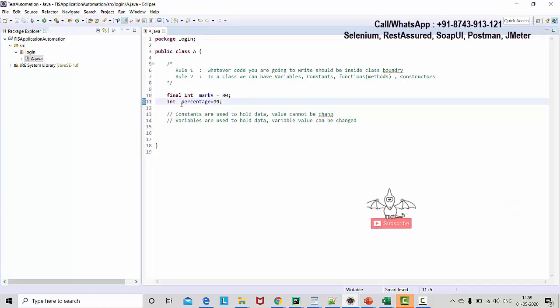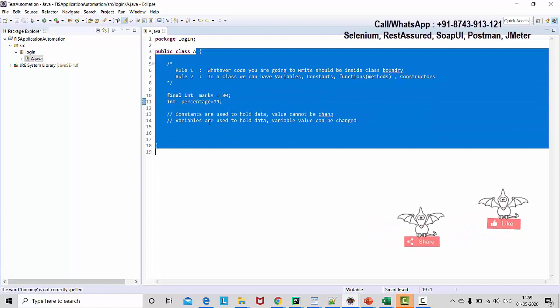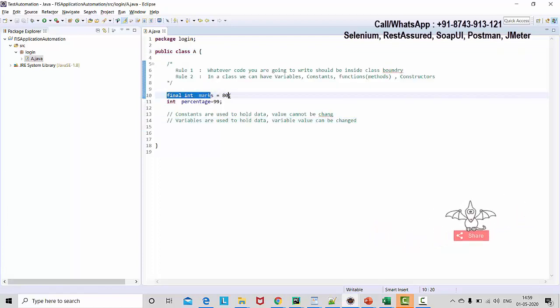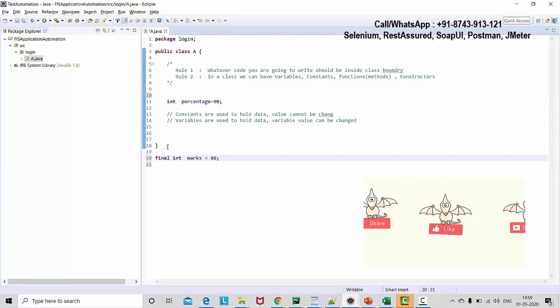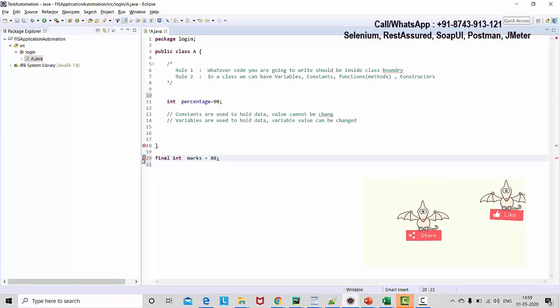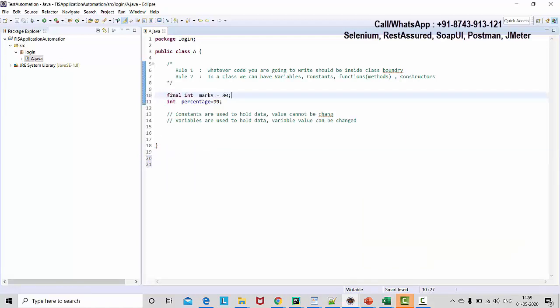Okay, at the starting of this session, I was explaining that whatever code you are writing must be inside this boundary. Also, one thing you will notice, at the end of whatever lines we are writing, we are using a semicolon, meaning end of the line. So it's mandatory to use a semicolon at the end of the line here in Java. Also, if I cut this line and try to write it outside the boundary, you will notice it starts to give an error. It's a syntactical error. You cannot write anything outside the boundary. So that is mandatory for us.